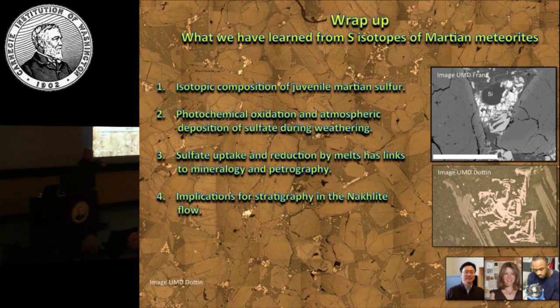One of the things about these nakhlites is they're thought to have come out in a flow. And the MIL pairs are one of the very quickly cooled parts of one or more flows. The hypothesis is that either they're sitting at the top of the flow, where it could cool quickly, radiating heat away, or at the bottom of the flow, where the flow would have had contact with the surface, but not in the middle of the flow, because that is where the more slowly cooled nakhlites would come from. And the fact that these have large crystals is one argument that they're cumulates, so they might be at the bottom of the flow.